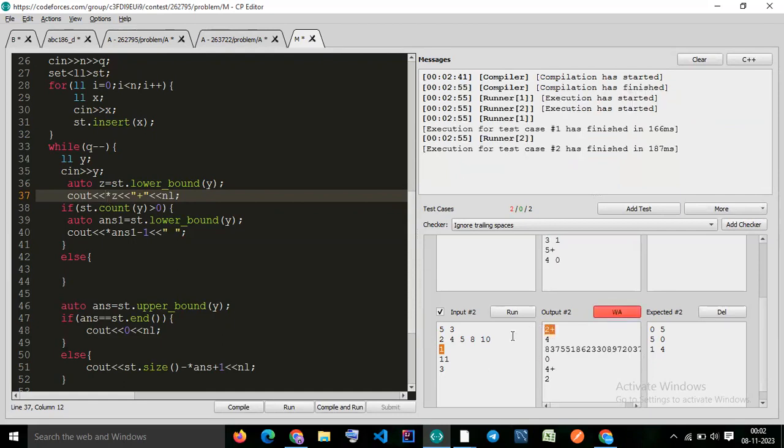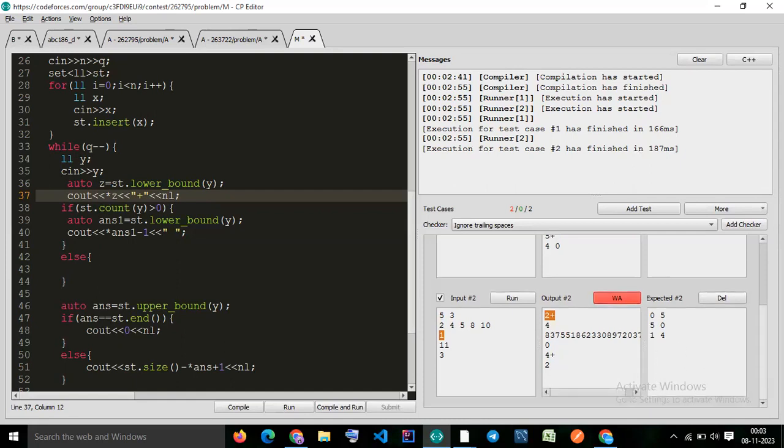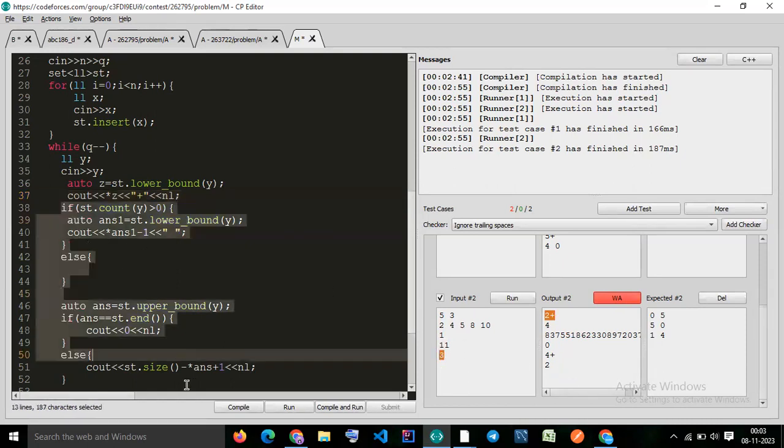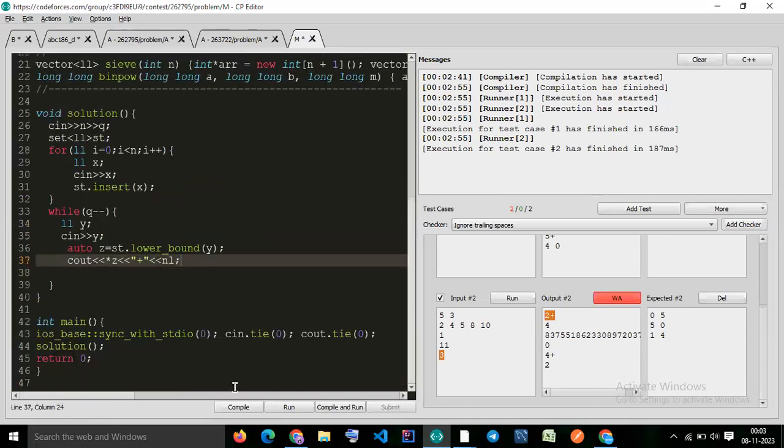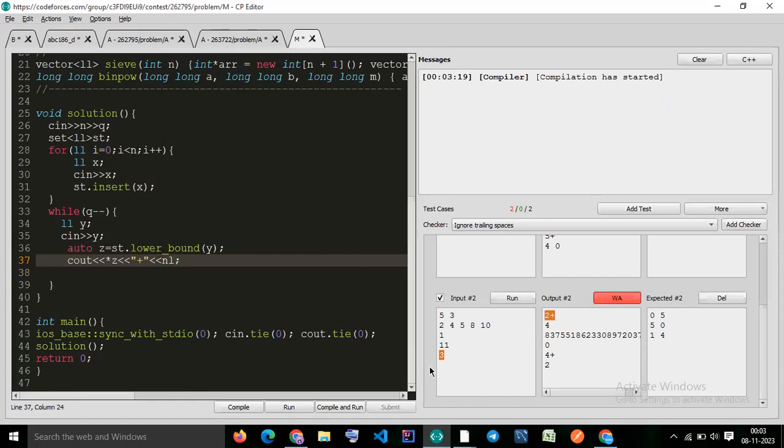So we are getting 2 plus, and when the lower bound st.lower_bound, and then we are getting the second one 11. okay 3 का मेरे को 4 मिल रहा है, ये सबको हटाओ, यहाँ तो गलती है ना. And let's try to figure out what we are getting as output, because in this case our code is failed and we have to take care